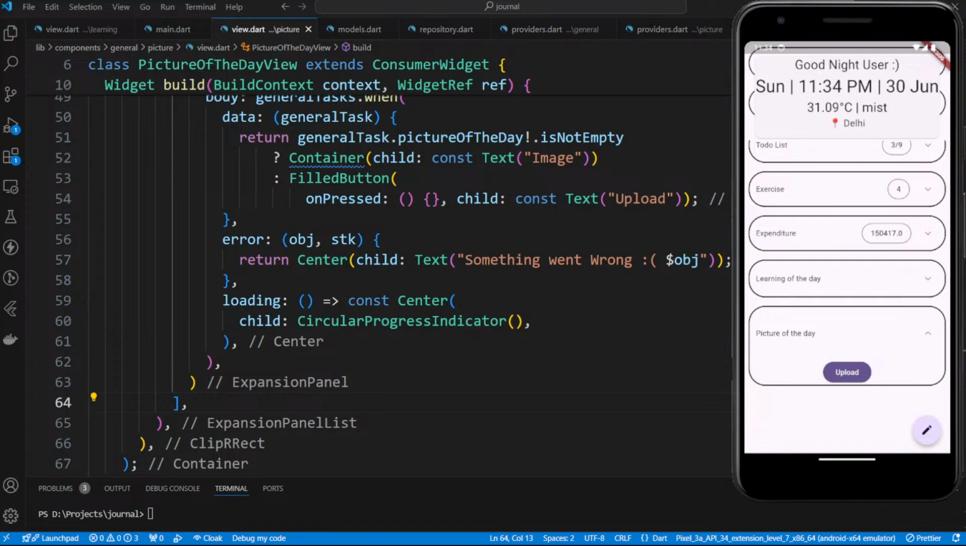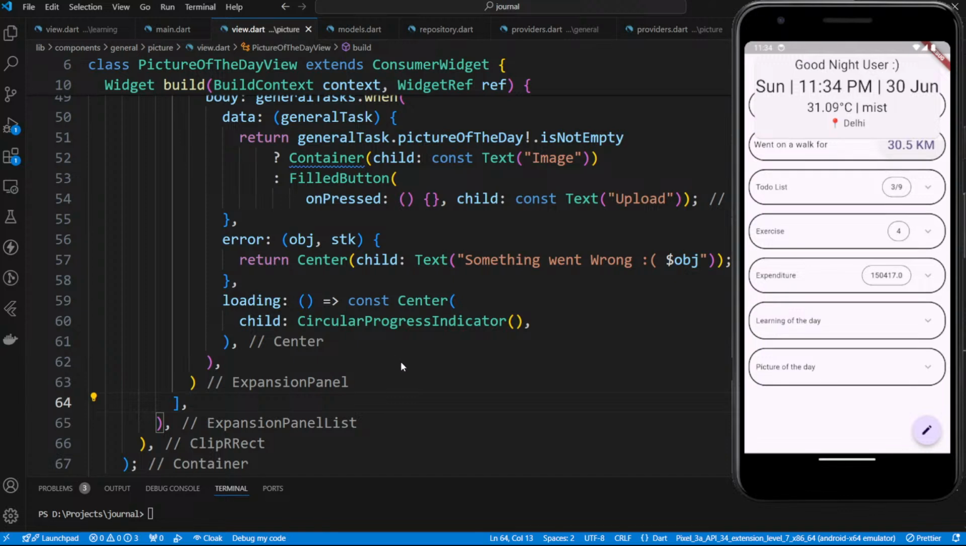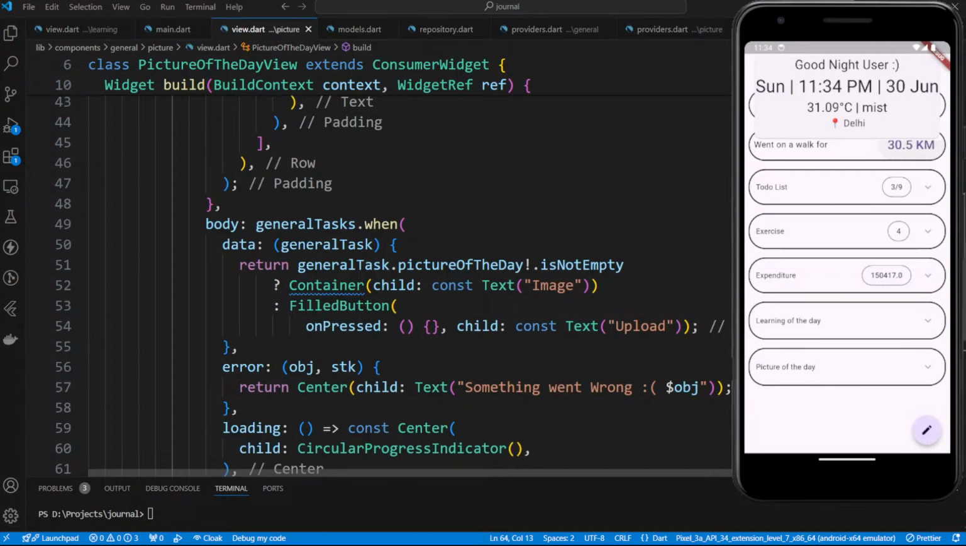So I've just added something on Firebase, okay? And now if I restart the app and go here, you'll see I've added this image, right? So this is working. So what we need to do now is, when you click on upload,